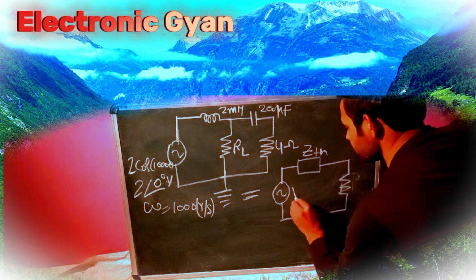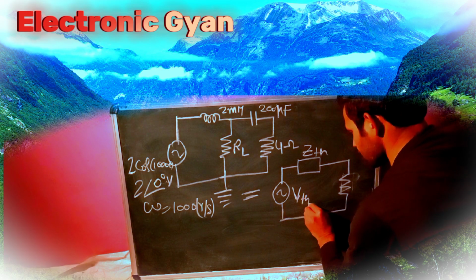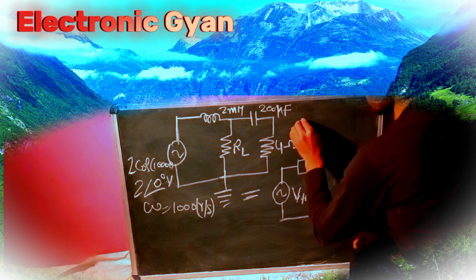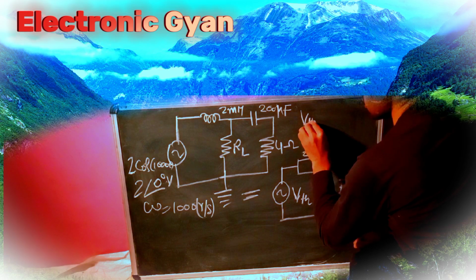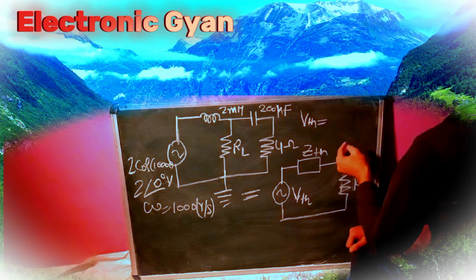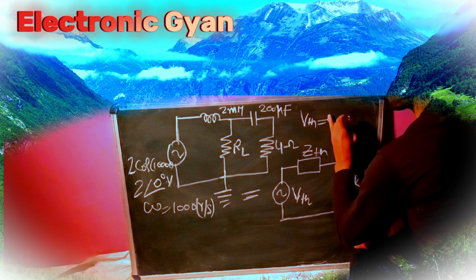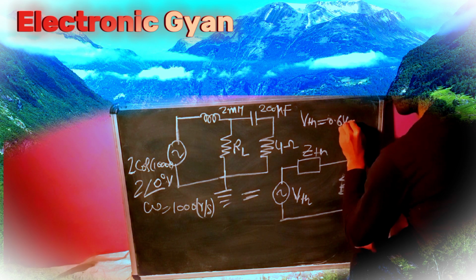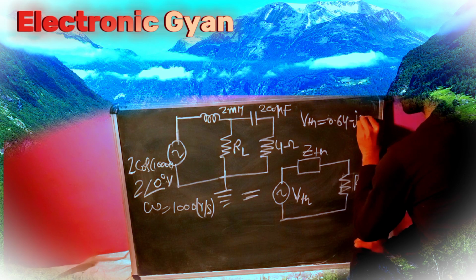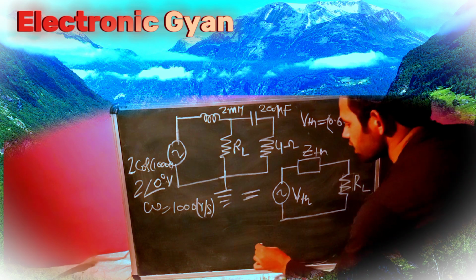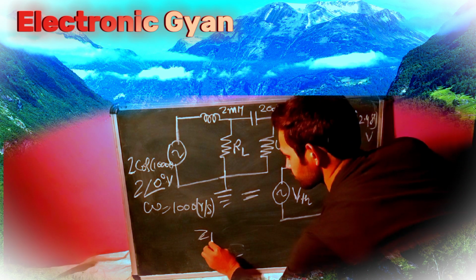Okay, and this is my VTH here, and this is my RL, load resistance, and my VTH that we have obtained as 0.64 minus j 2.48 volt. Okay, so this is my VTH 0.64 minus j 2.48, and my ZTH that we have obtained as